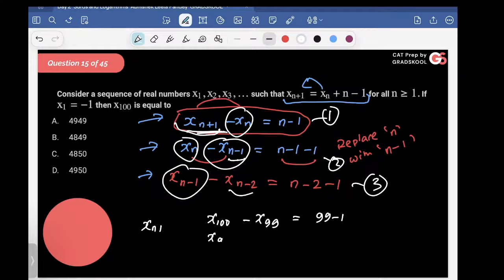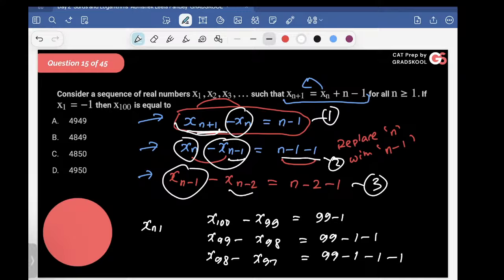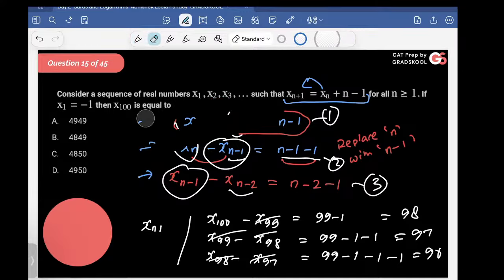फिर मैं x99 माइनस x98 करता, तो मुझे क्या मिलता? 99 माइनस वन माइनस वन. Do you understand? अगर मैं x98 माइनस x97 करता, मुझे क्या मिलता? 99 माइनस वन माइनस वन माइनस वन, ये मिलता. ये बात समझ में आ रही सबको? अच्छी बात है ये. This is 98, this is 97, this is 96, and so on. So essentially, if I keep on doing this and I keep on adding it, all these terms will get cancelled out, and in the end, I'll be remaining only with